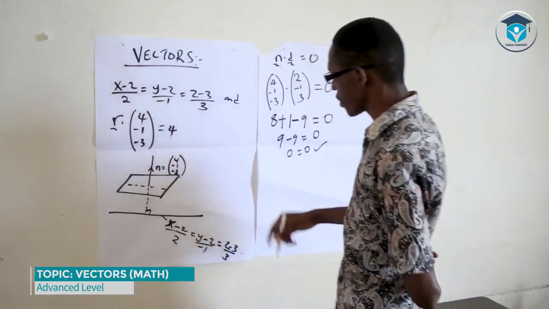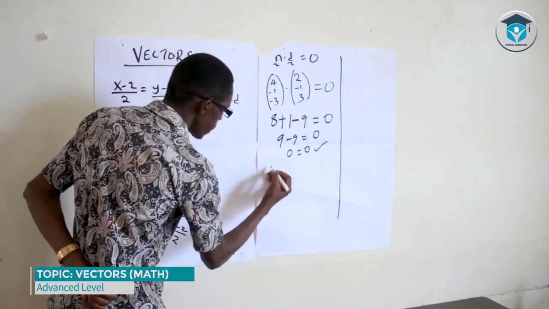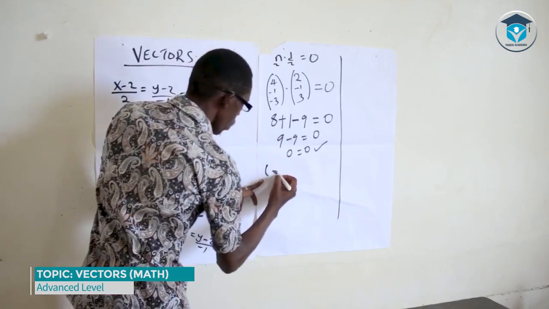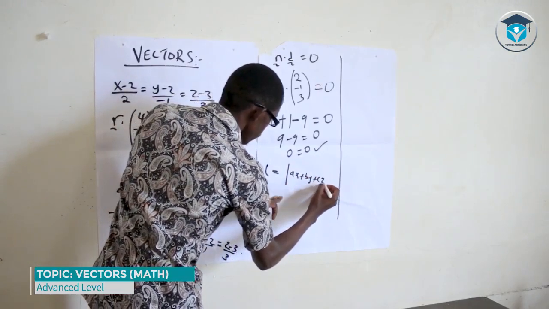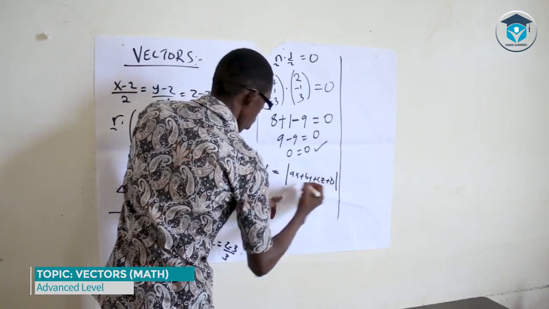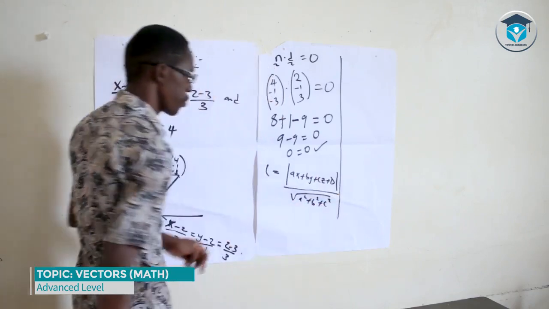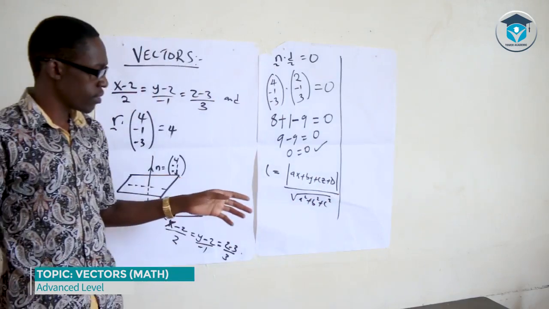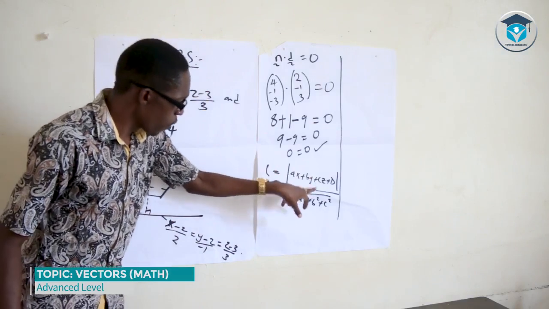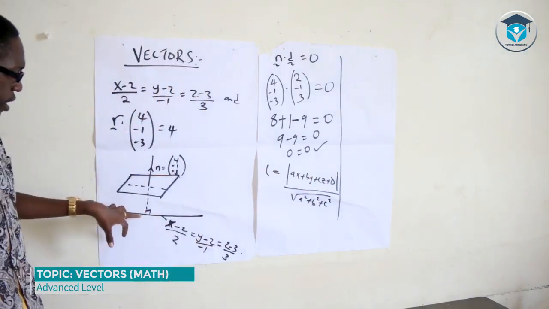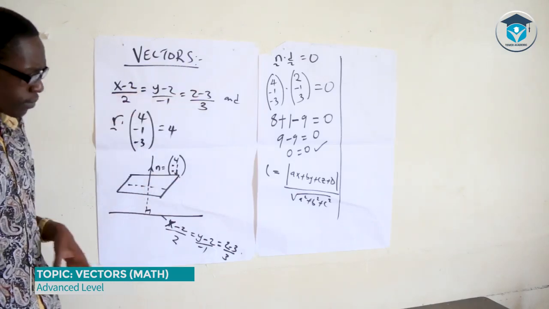Then we are also going to consider our plane. The distance between a plane and a line is always given as, we shall say the distance L is equal to the magnitude of Ax plus By plus Cz plus a constant D, over the square root of A squared plus B squared plus C squared, where (A, B, C) is the normal to the plane, and x, y and z is the point where the line passes through. Since we have already got our point where the line passes through as (2, 2, 3),